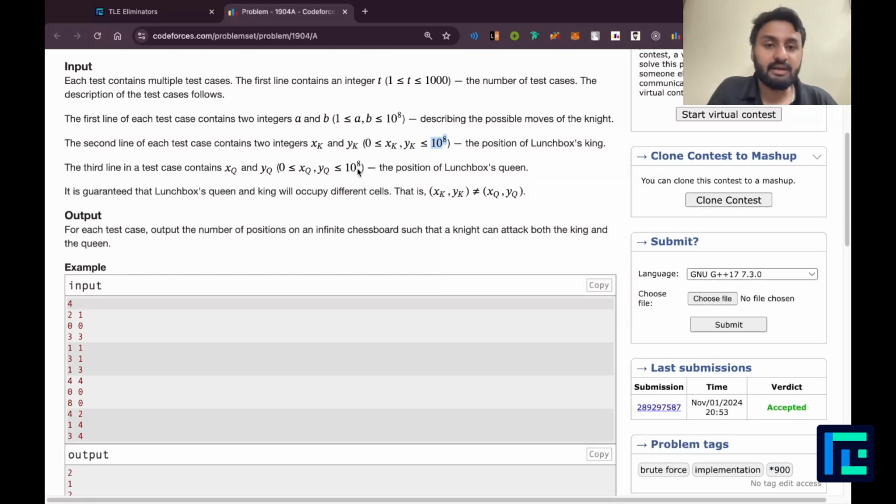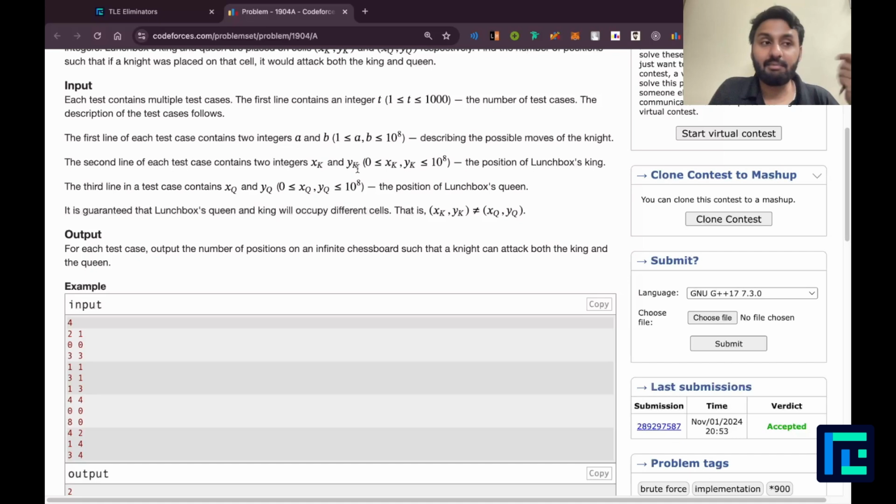XQ and YQ are also in 10 power 8 order. And even more to that, remember, you have an infinite chessboard. So infinite means it's expanding in the horizon. So of course it makes sense for me that I might not be able to go to every position and